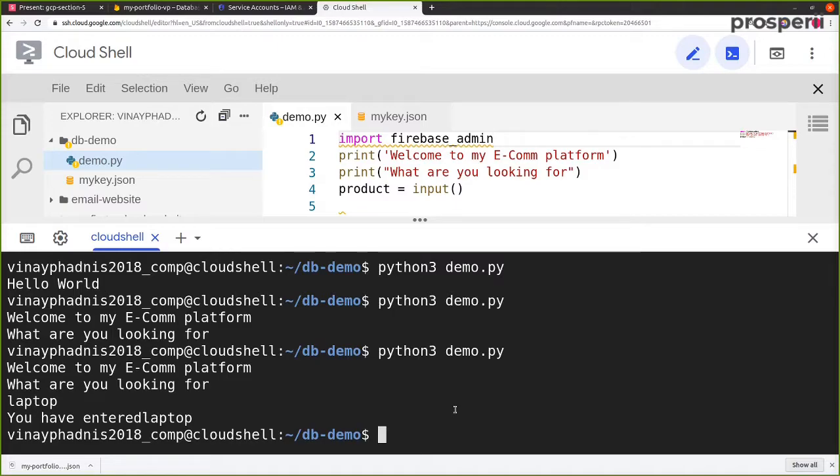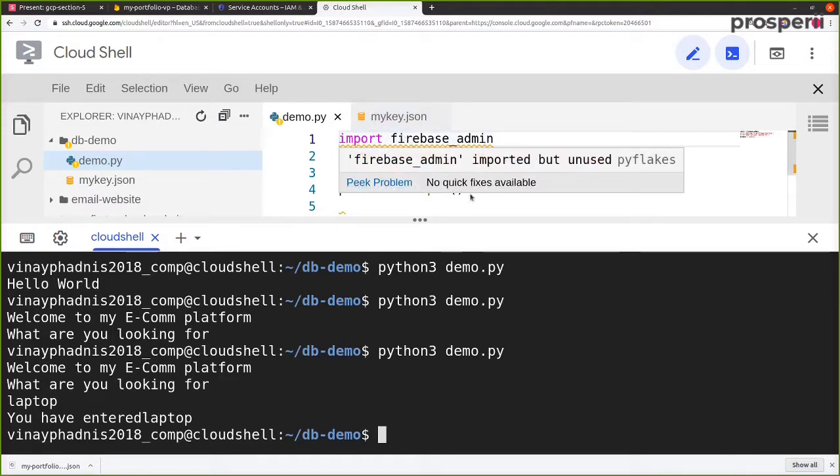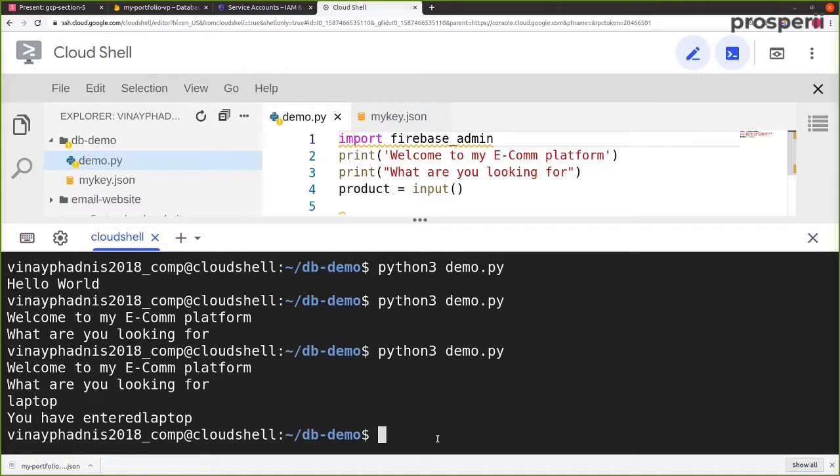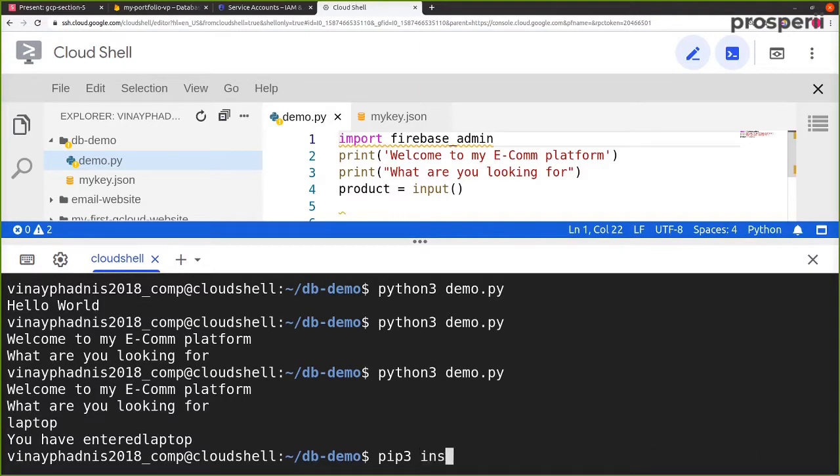Before that, we want to install this particular module called Firebase admin. In order to install any new module in Python, we use the pip command. It is a Python package manager. So we have pip3, which will install a particular library for Python 3. Then we have pip3 install, and then we have